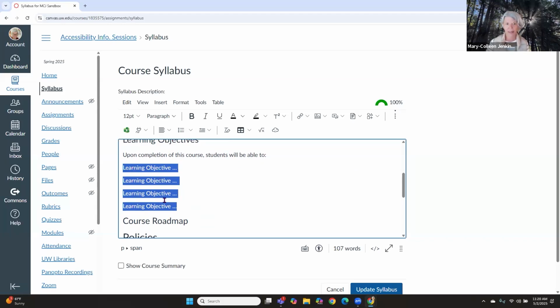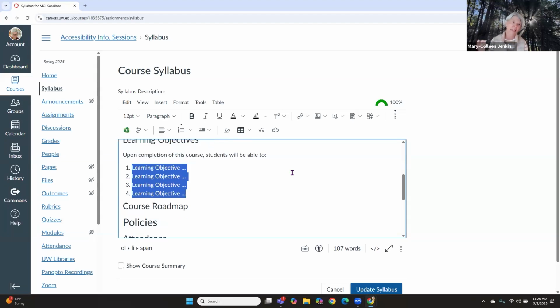So I will just highlight my learning objectives list, and I can choose a number. We're going to have 4 learning objectives for this quarter. These are the 4. And what will happen with a screen reader is a screen reader or someone listening will hear, upon completion of this course, students will be able to, and then it will read, begin